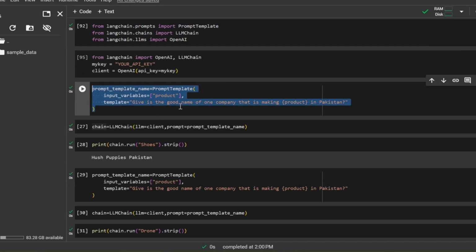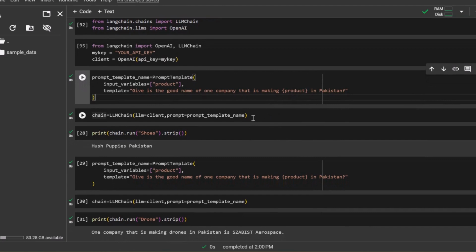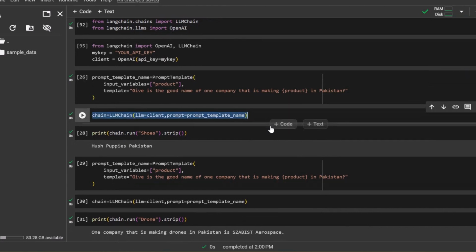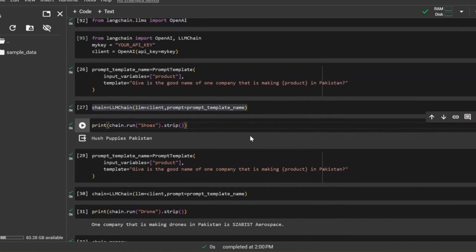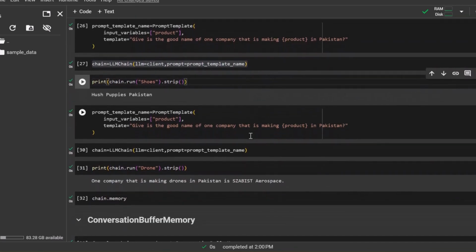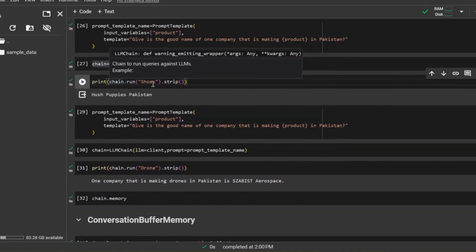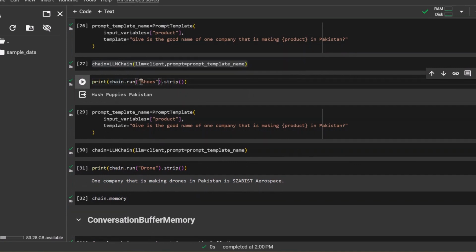Here's an example. We define a prompt template that takes a product as input and creates a question about a Pakistani company that makes that product. After that, we create an LLMChain, which connects our prompt template to an LLM, a large language model like OpenAI. Let's see this in action. We'll use the LangChain to ask about companies that make different products. Here's the code. Run this code, and you'll see the LangChain using the prompt template to ask about shoe and